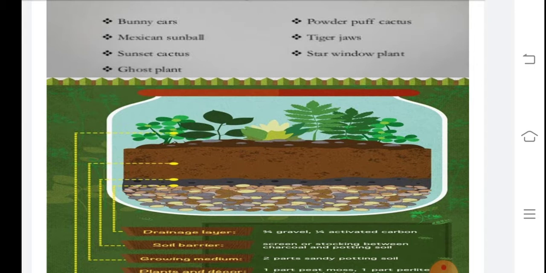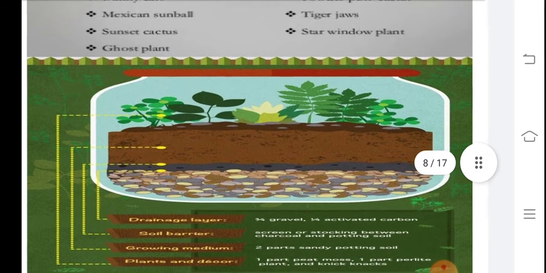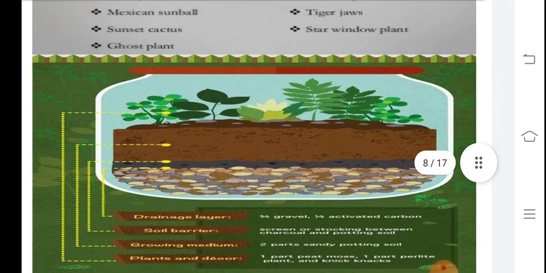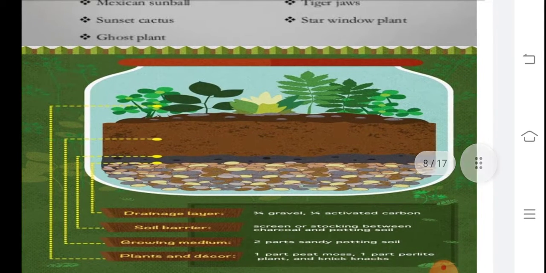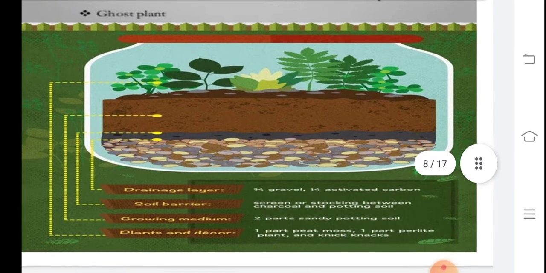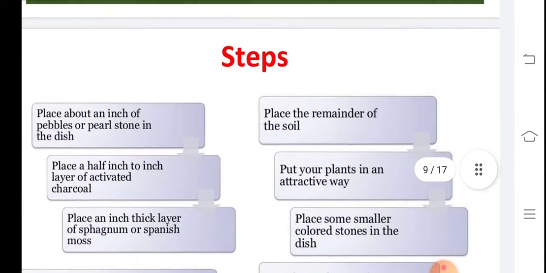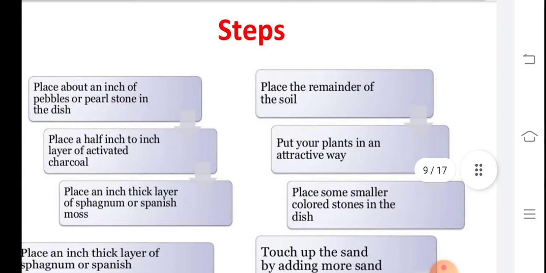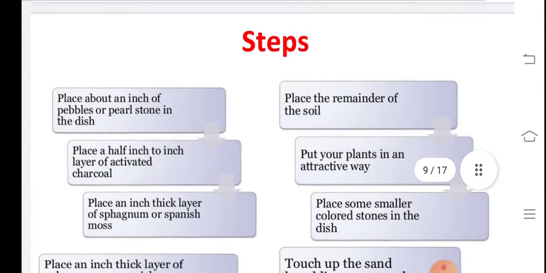In the terrarium, at the basal side we have to use these mixtures. The larger particles are there, then for the drainage these brick particles help with root system development. After that soil, then plants, and less watering. This is the important part in the steps. So you see, it gives a good idea of the steps of a terrarium.